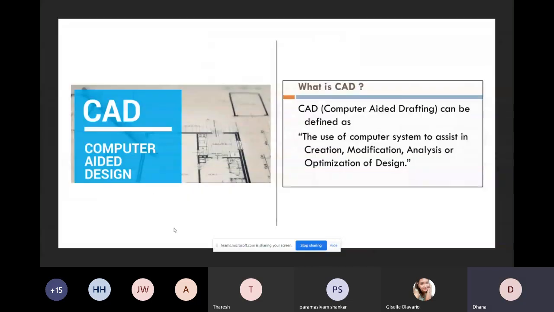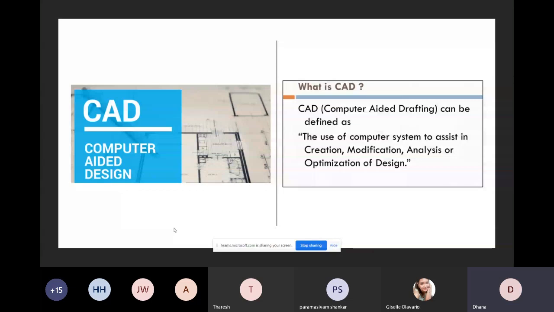Let's move on to the first important thing called CAD. You can call it either computer-aided drafting or computer-aided design. The main purpose of CAD is to design the model which you want to make, like the prototype or the production part. You might know different CAD software around the world, either for the civil sector or the mechanical sector, like SolidWorks, CATIA, or in the case of civil sectors, software like Revit for BIM modeling.